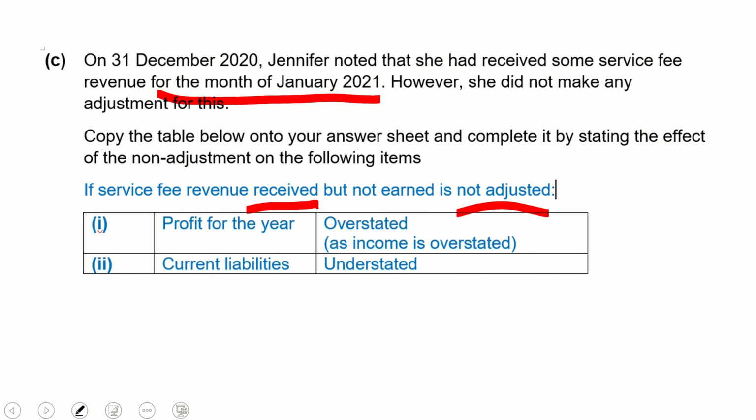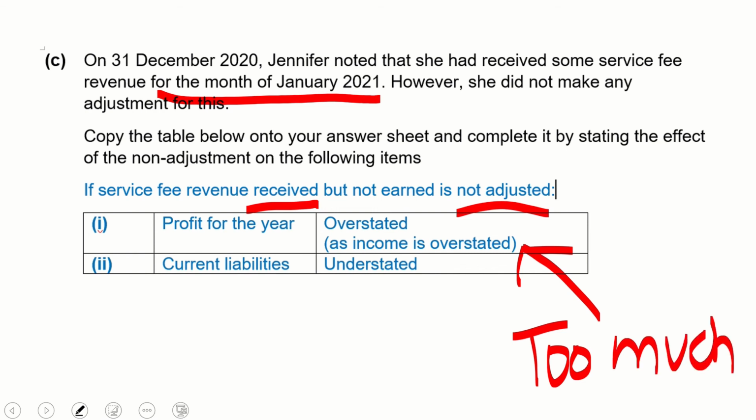Why is it overstated? Because now you have too much income. On the other hand, your current liabilities is understated, too little, because you are supposed to record some liability, you owe your customer work, but you did not record it, so that is now